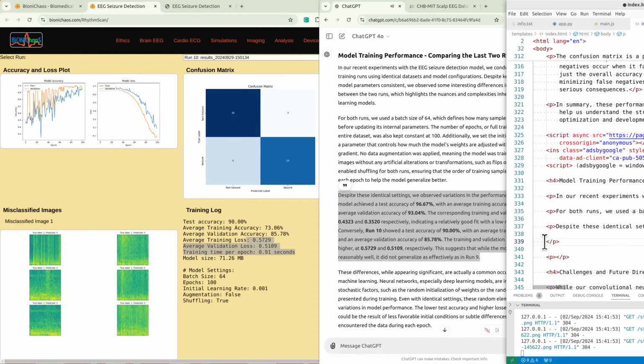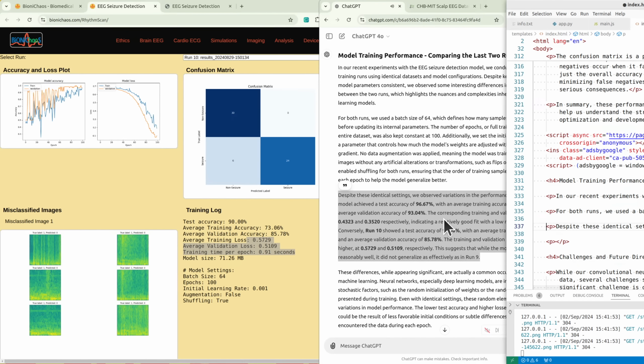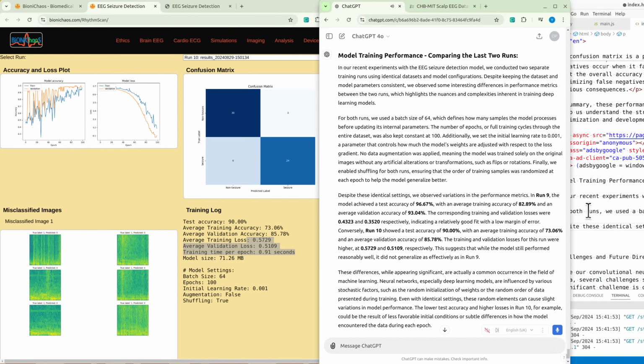In Run 9, the model achieved a test accuracy of 96.67%, with an average training accuracy of 82.889% and an average validation accuracy of 90.04%. The corresponding training and validation losses were 0.4323 and 0.3520 respectively, indicating a relatively good fit with a low margin